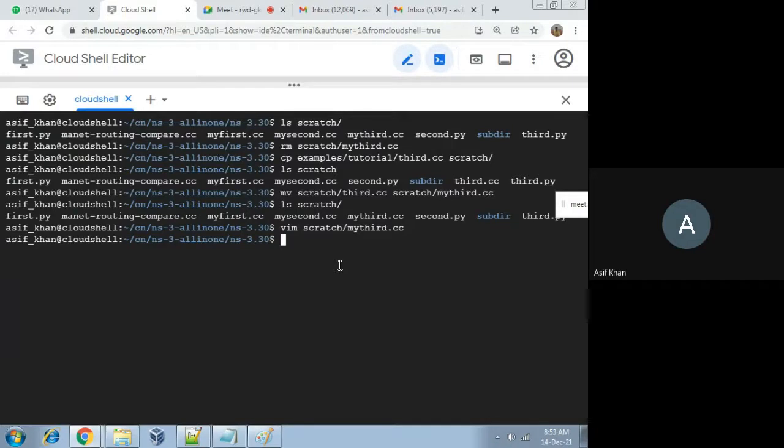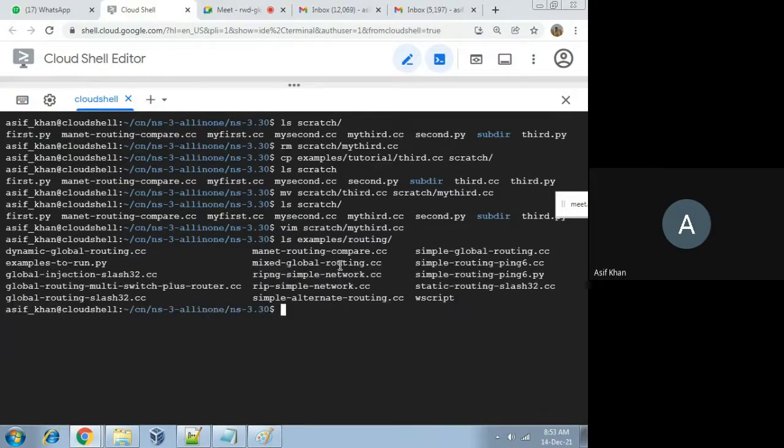The manet routing compare program is present in src/routing. No, it is present in the examples/routing directory. Let me check ls examples/routing.